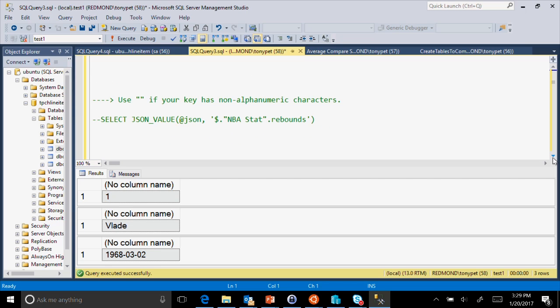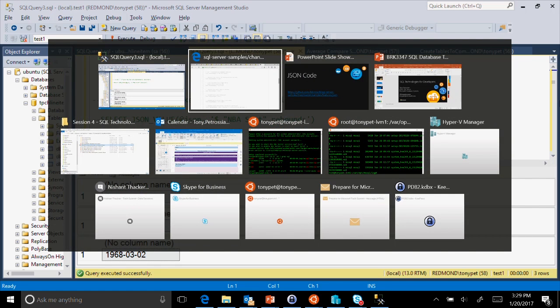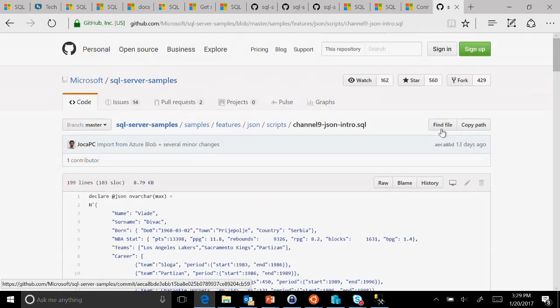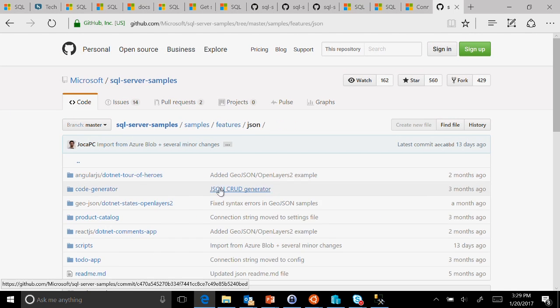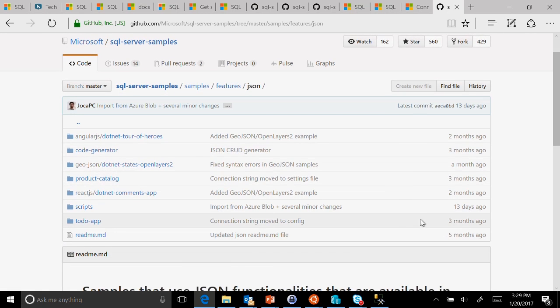And then in the samples, this is the basic demo of JSON with all of the fields. And then if you go back to the samples, there's also some more interesting code, like a product catalog and a to-do app, full end-to-end apps written by the JSON team to display and showcase JSON. And you can just go and download it and play with it, right?